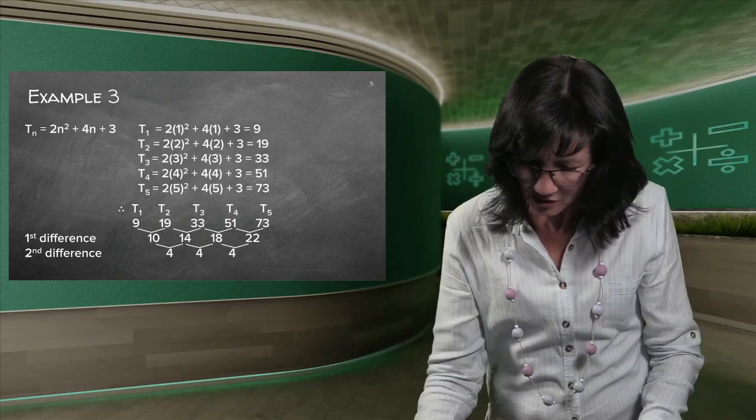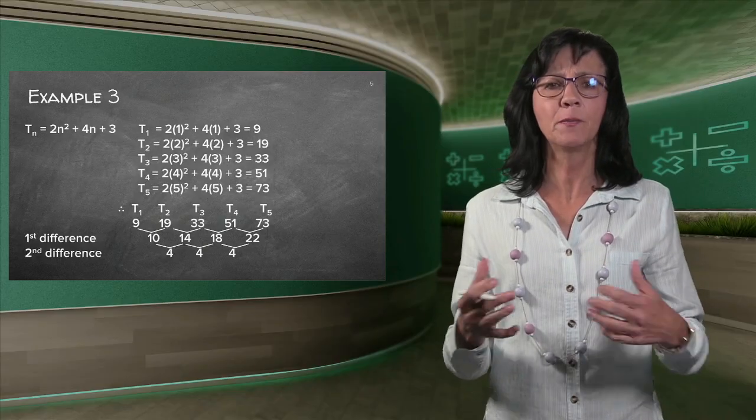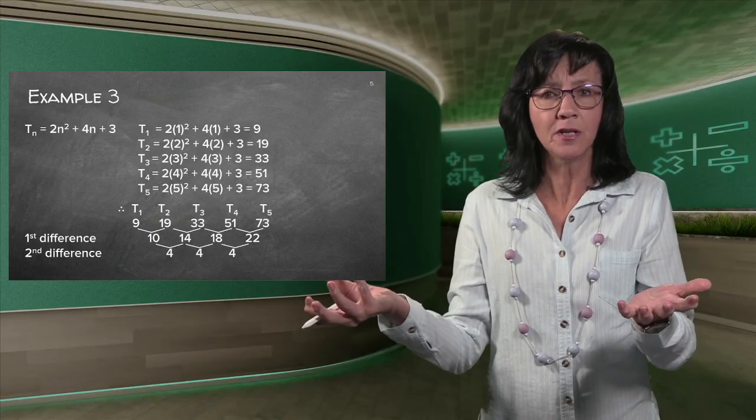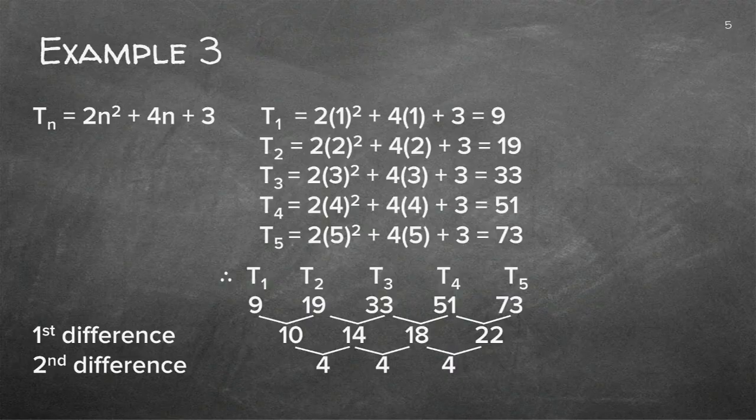So let's just look at this one. This one is a little bit more complicated because it's a longer formula, but can you see it's still a quadratic equation? Ax squared plus bx plus c, remember that quadratic equation? There's just now n's and not x's. So here they worked out term 1, term 2, term 3, etc. So that's how they got this sequence, but they just wrote it out neatly because it's too much to just do in your head. So if you do get one like this, please write it out like we did here so that you make sure that you get the right answers.